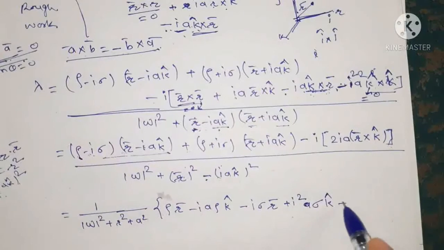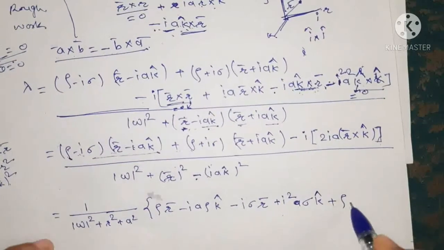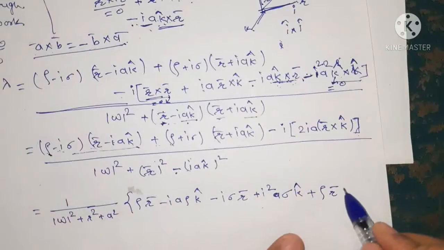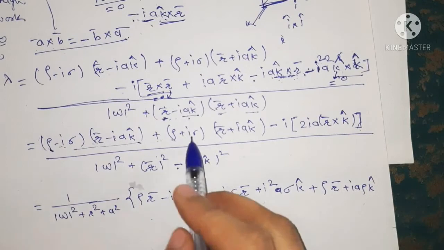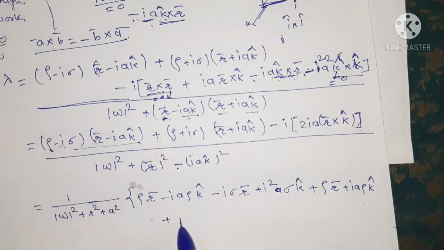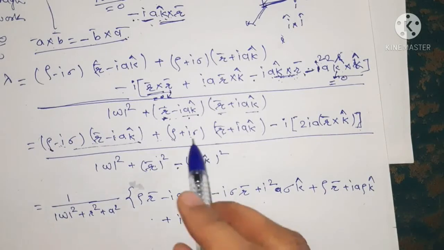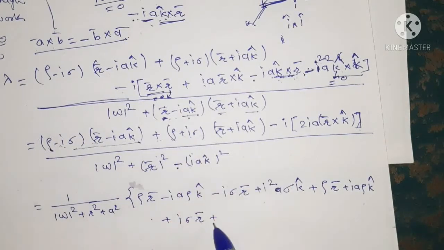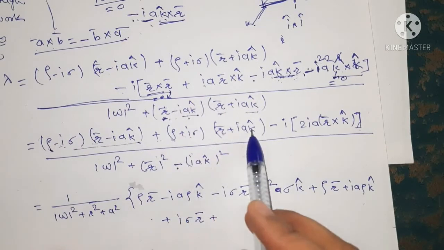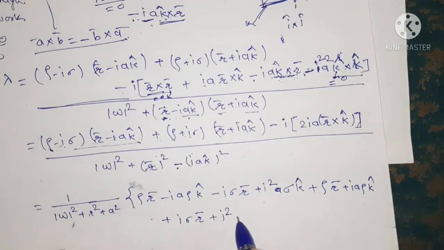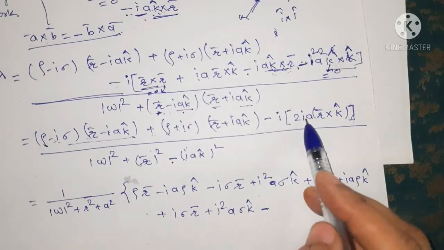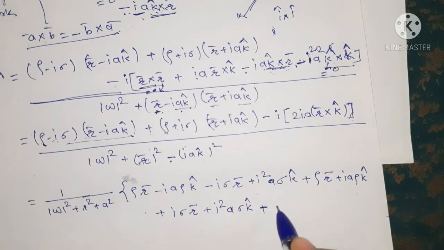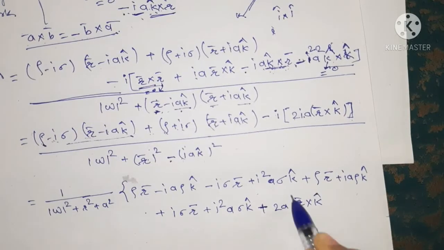Okay, plus we open this bracket, so rho into r bar plus rho into plus I a rho into k cap plus I sigma into r bar plus again, because plus into plus is plus, sigma, that is I into I is I square a sigma k cap. Okay, minus I into I is I square, so minus minus gives plus here, and in the bracket we have twice a r bar cross k cap. Okay,